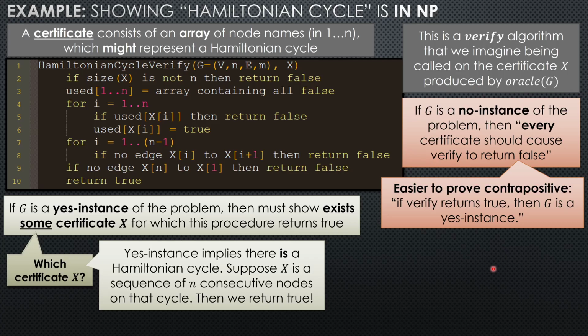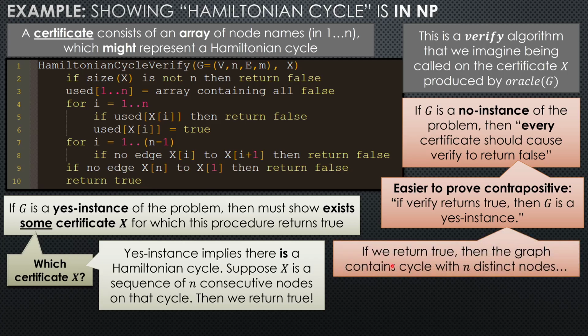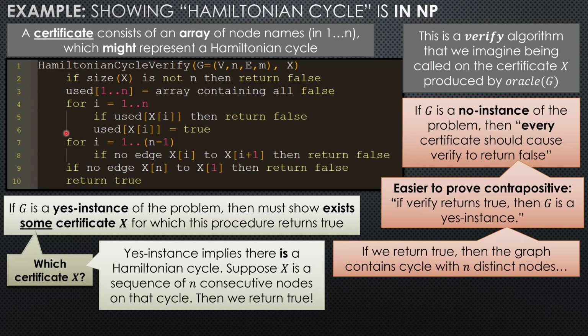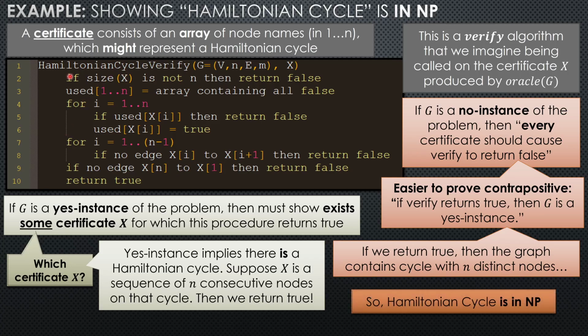Let's prove that. If verify returns true, that means it returned down here, right? That means the graph contains a cycle because we established that at lines 7 and 8. And that cycle contains n distinct nodes, which we established at lines 4 to 6. That proves the existence of a Hamiltonian cycle in G, which proves that G is a yes instance. That's a formal proof that this is in NP, that this Hamiltonian cycle verify procedure is a polytime certificate verification